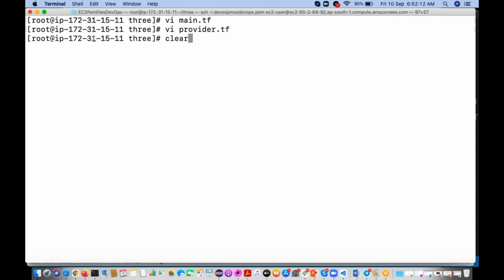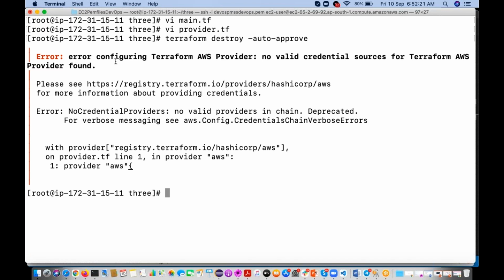You can go ahead and run any command, you will get an error. See, error configuring Terraform AWS provider, no valid credentials. Source for the Terraform AWS provider not found. Okay, so it means the comment is working.